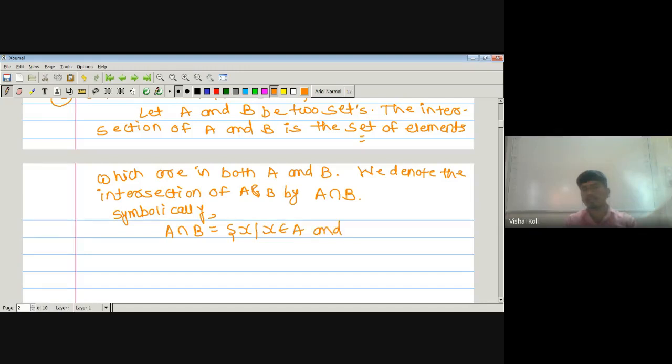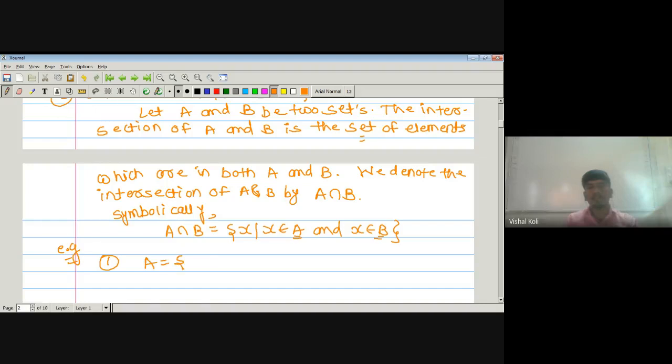Those elements which belong to only one of these sets, suppose there is one element y which belongs to A but is not a member of B, then it is not a member of A intersection B. Since A intersection B contains only those elements which are members of both A and B, if an element belongs to only one set, either A or B, then it is not present in the intersection. For example,